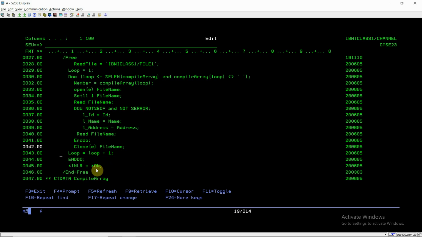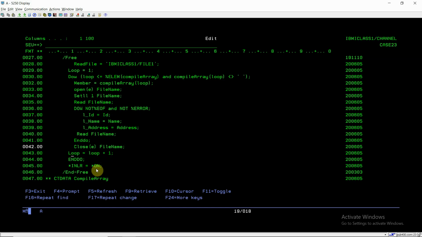Then I am incrementing the loop by 1. After reading all the data of the first member, I am incrementing the loop by 1, and then closing that file, or you can say member here.